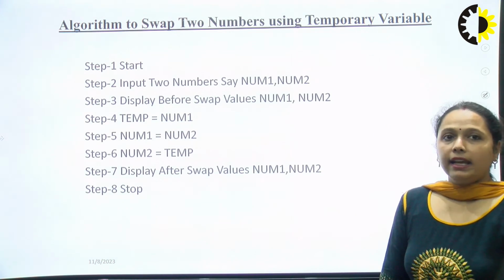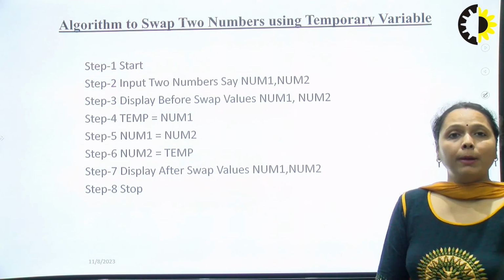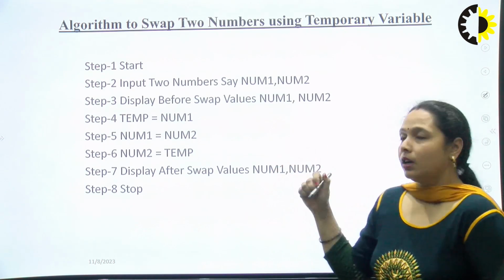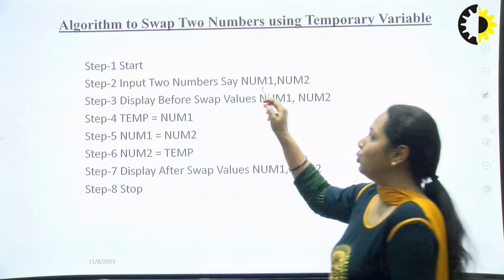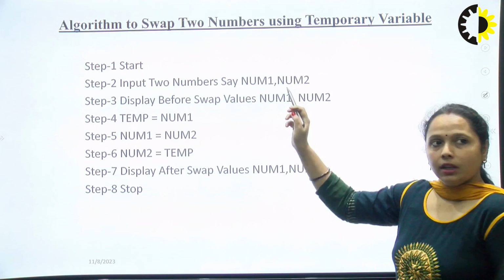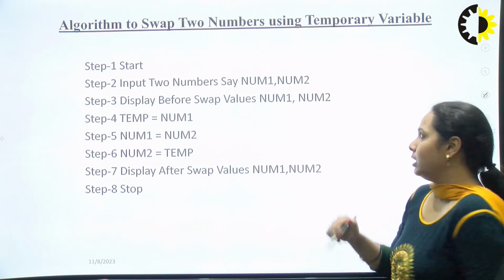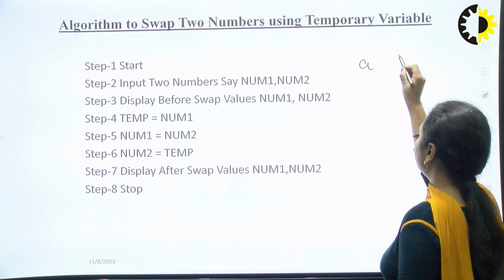Okay. Next, again we take one example of swapping of two numbers. So for swapping of two numbers, what we require is two numbers as input. Next, we are swapping two numbers with the help of a third variable. So if I have two numbers A and B,